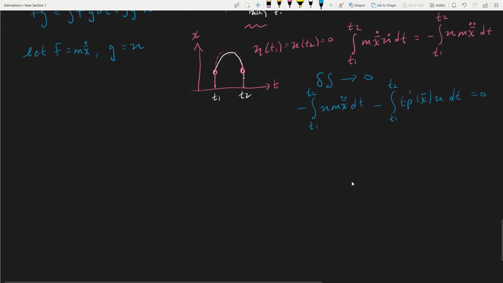So we can do a little bit of factoring. We're going to take the negative outside. The negative actually goes away, but we'll draw it anyways. Let's use a different color. Let's use orange. So if we take the negative out, and then t1, t2, the eta also comes out, and then you get m x bar double dot plus the derivative of the potential function, evaluated at x dot, okay,